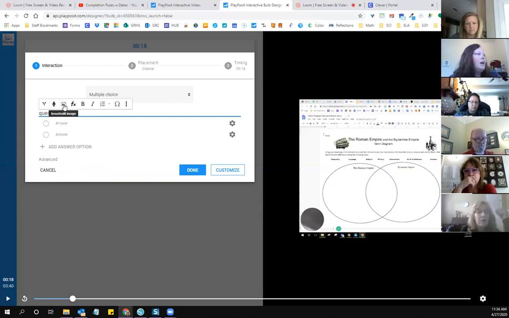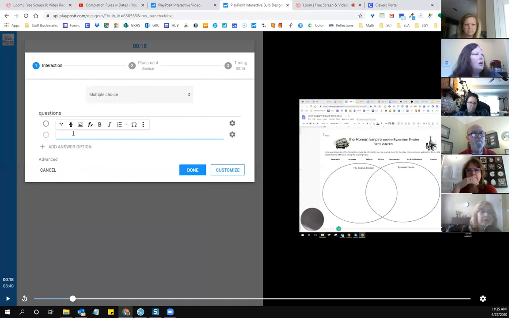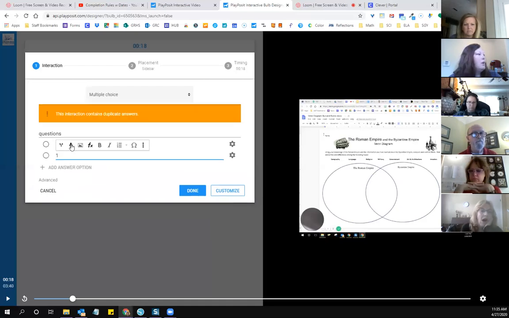You can put a picture in. So I could put a picture in of a house and then the question can be, tell me what this is in French, or something like that. For math, you could do math equations, and then there are some basic editing options here. So you would put your question in. You would put your multiple choice answers in. Again, if you want to use one of those,